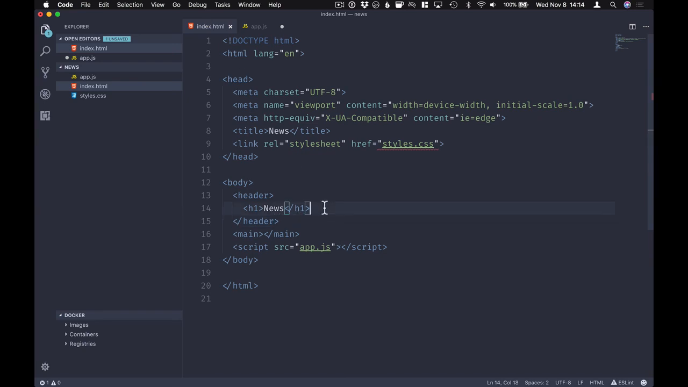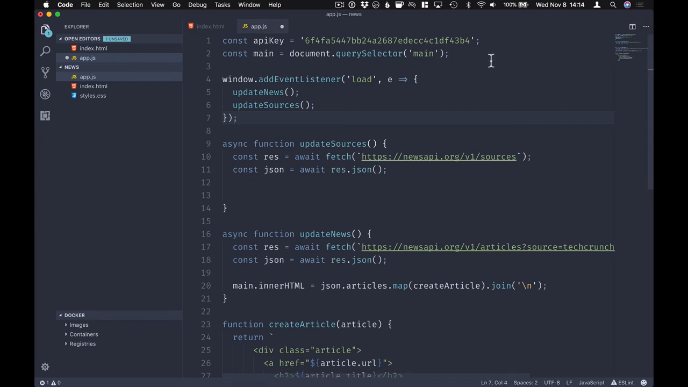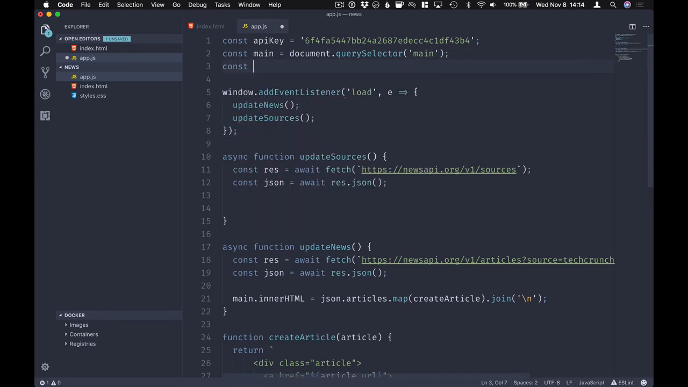Now of course we need a selector for that, so let's just create a new select. We don't need a name for it for this particular stuff. What we do want is to give it an ID. Let's call it source selector. And here in our app, again, let's just get a handle to it. Selector equal query selector for selector, like that. So what we want to do here is just get the source selector inner HTML equal to